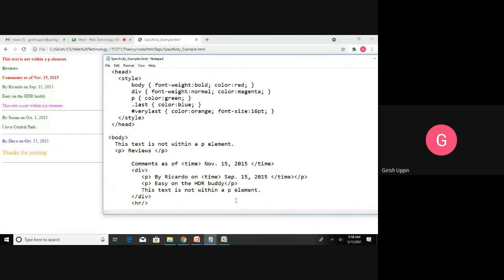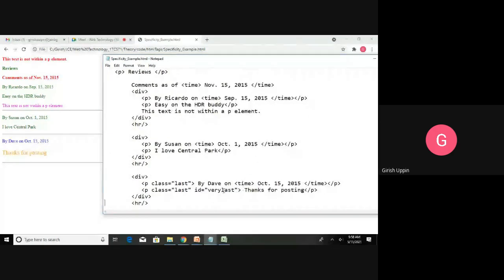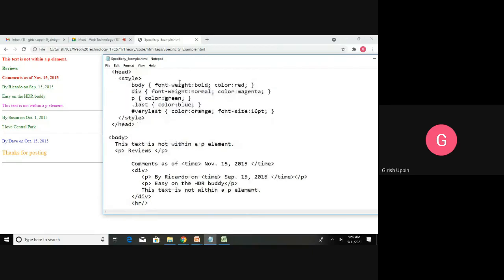And the last one is, we have class as well as we have the id. Id is the most specific. So now what will happen for this particular element? We have a body. Inside the body we have div. Inside the div we have the paragraph. Inside the paragraph we have class, and we have id. So according to that it will be styled. The font weight is initially bold, overwritten to normal.